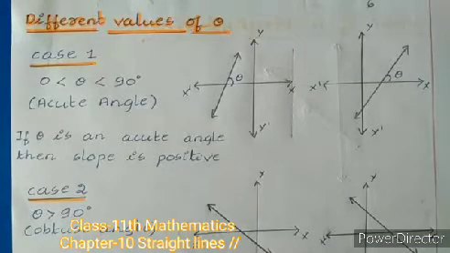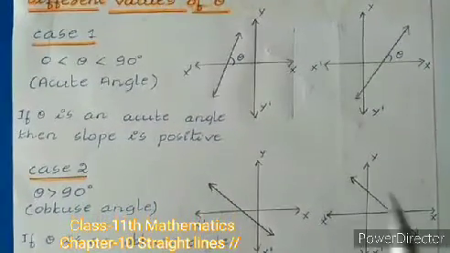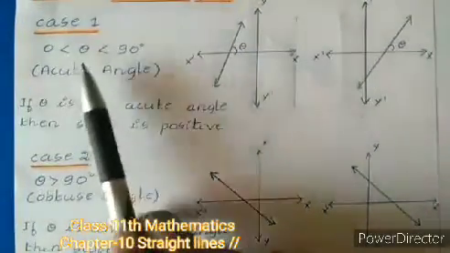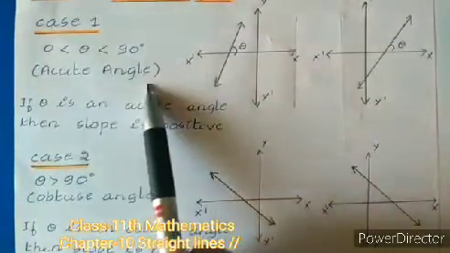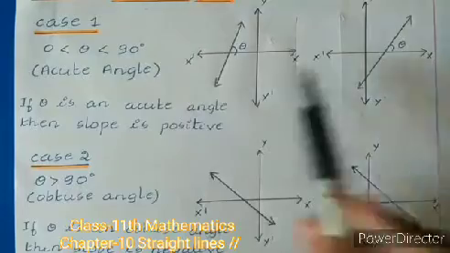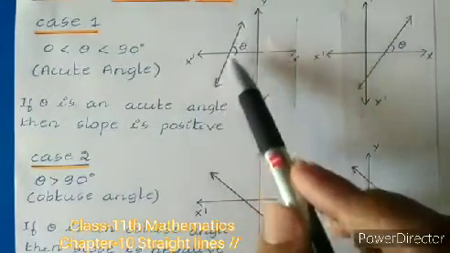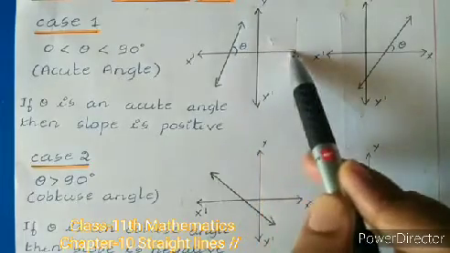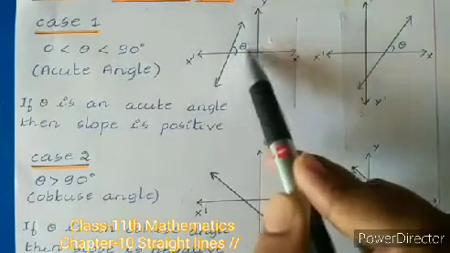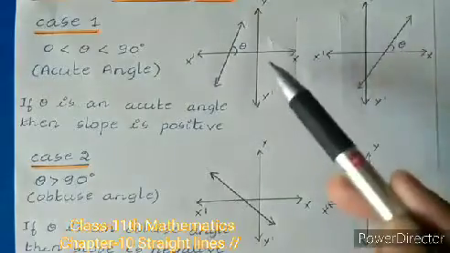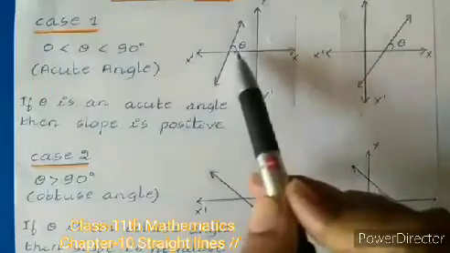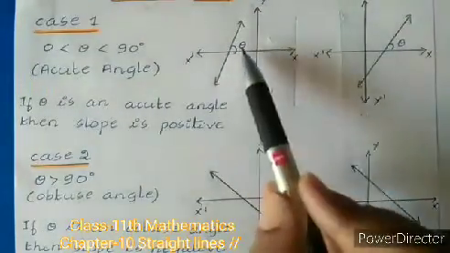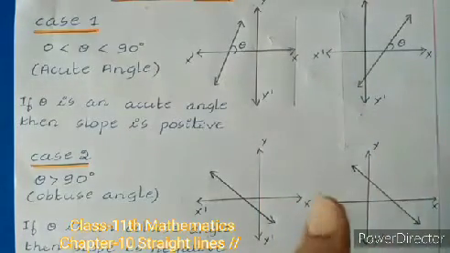Next here, let us see the different values of theta. Case 1: let us say that the theta value is in between 0 to 90 degree. So 0 to 90 degree means it is an acute angle. Now let us say that here we have a Cartesian plane and there is a line L, and that line L is making an angle with the positive x direction, that is theta. Now in this particular situation, the theta value is an acute angle, and for that the slope is always